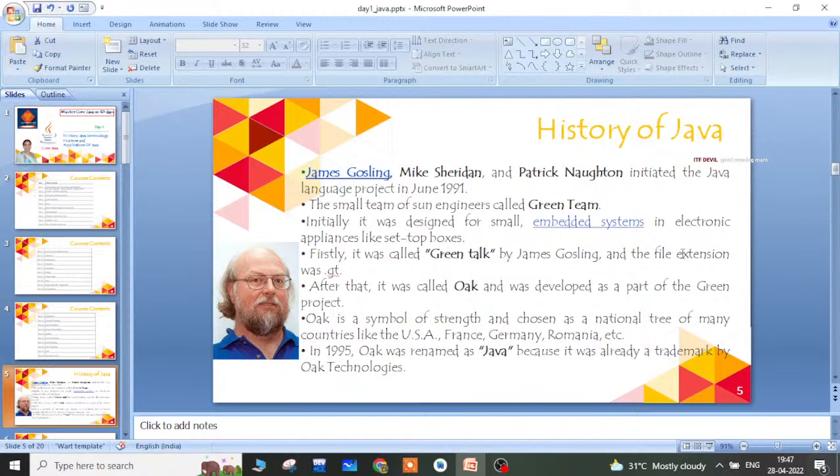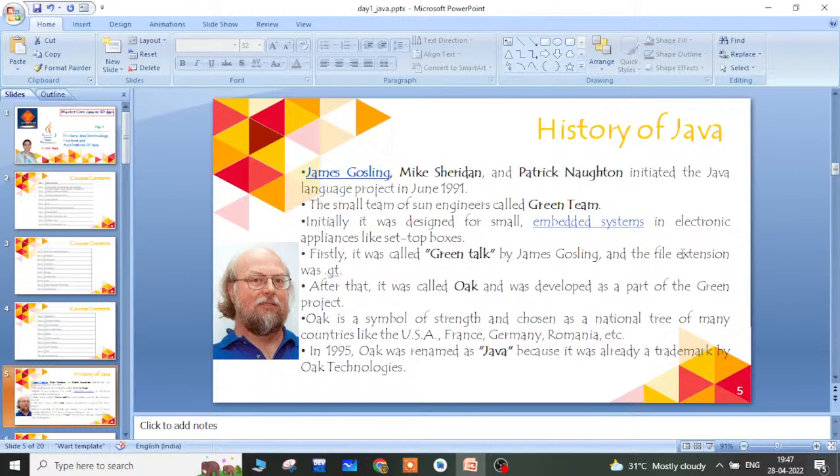The team called the Green Team, consisting of three members, James Gosling, Mike Sheridan and Patrick Naughton, initiated this Java language project in June 1991.